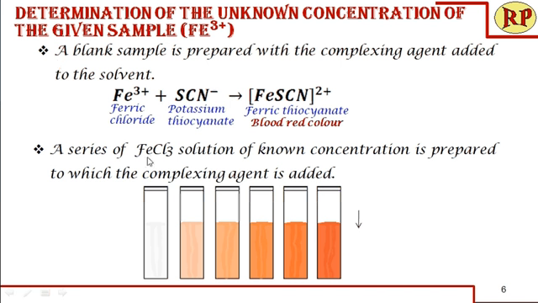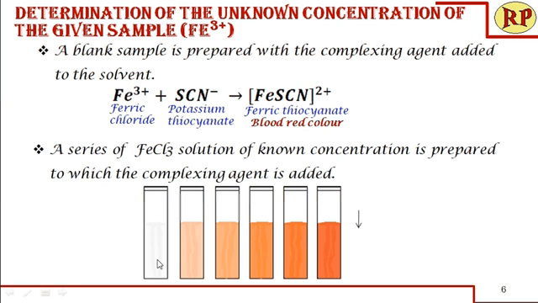First, we need to have a blank sample and a series of known concentrations. If we are going to analyze Fe3+ ions, we can take any of the ferric salts. It can be ferric chloride or ferric nitrate. So here we have taken ferric chloride solution, but ferric chloride solution is not colored, so we use a complexing agent. We can use potassium thiocyanate or ammonium thiocyanate. When we add this to it, we get ferric thiocyanate, which is blood red in color. So now the uncolored sample is made colored,